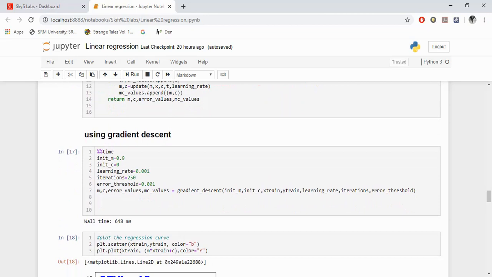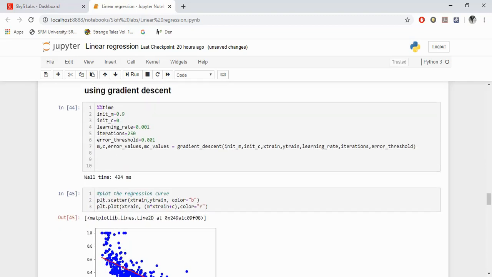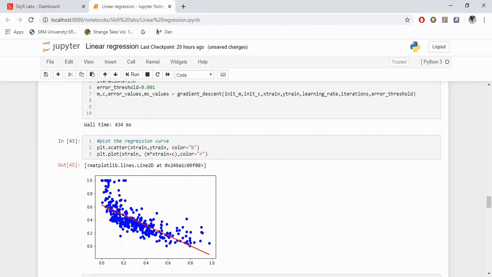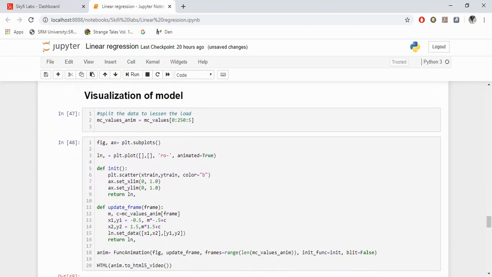Here we use the gradient descent function, keeping the learning rate at 0.001, and after running the gradient descent function for training the model on the training data, we can plot the regression curve, which is the training data and the prediction values. We can see that the slope of the curve is negative because the LSTAT feature we use for the training model has a negative impact on the target value. We can also see the errors with the iterations. We can see that the errors have gradually decreased over the iterations,